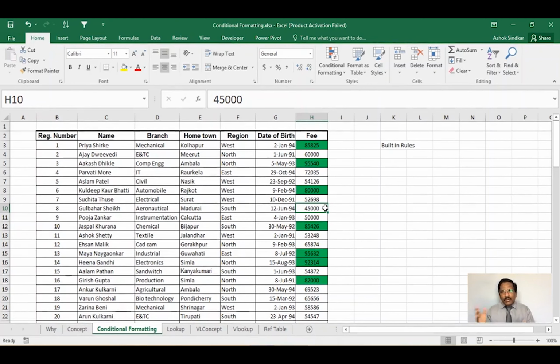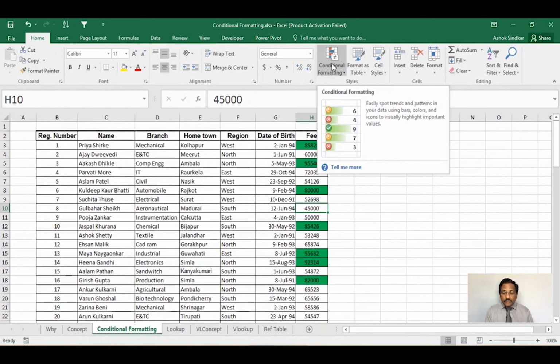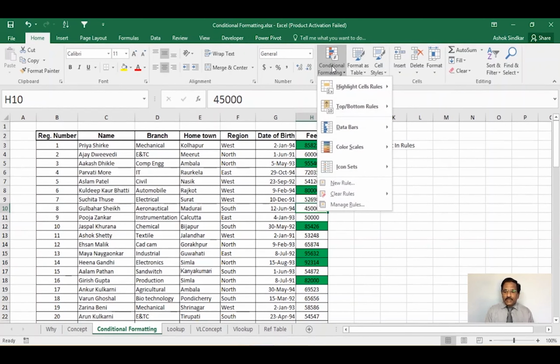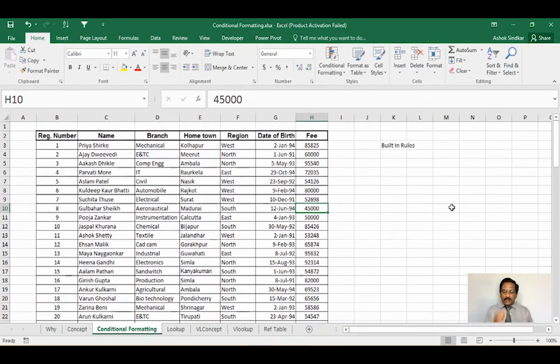I'll show you one by one. All rules I'll show you by default given by Excel for condition formatting. Okay, again I'm selecting condition formatting and clear rules. Because I have not selected group of cells and I wanted to remove condition formatting, this time I can use this entire sheet. I can remove condition formatting from entire sheet because I have applied only one color formatting, and I can use this option now. So that's why I'm selecting this, and now you can see it will remove entire condition formatting